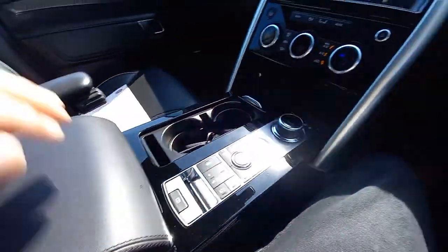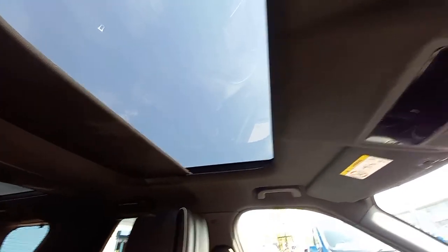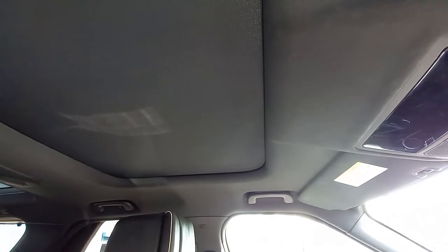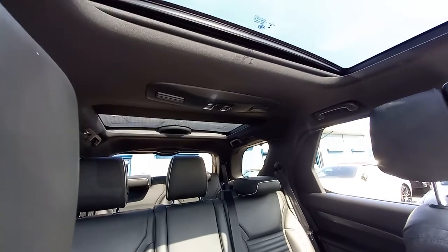They're nice and clean. Let's look at the pan roof. We've got a few operations there. We've got a sun blind for the front, which is a one-touch sliding, which I've just pressed now. That slides forward, press that once again, and it slides backwards. Then the rear blind as well, if you look at the rear, I'll press that once, and that obviously slides